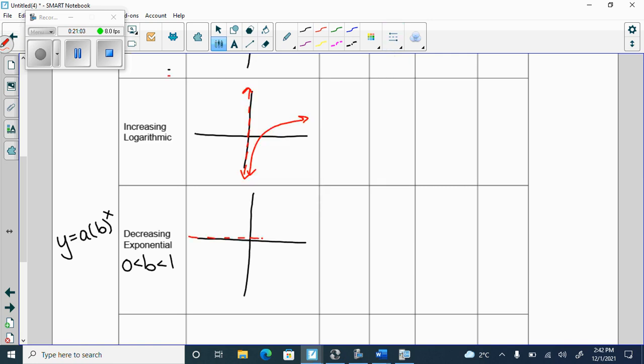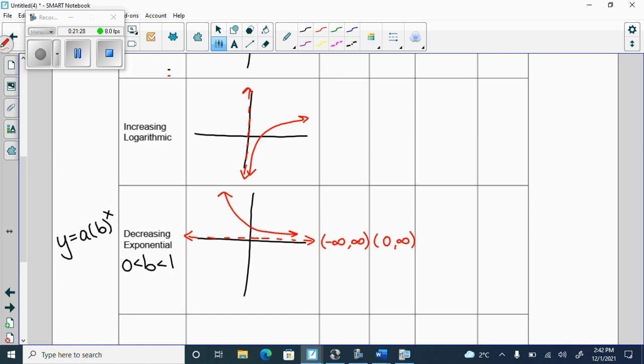So we have our asymptote along the x-axis, and then it decreases. We'll talk about the domain and range for these. I'm going to leave the logs for a second. So I'm going to go negative infinity to infinity, and this one would still be 0 to infinity. When's the only time that this isn't 0 to infinity? If there's a reflection in the